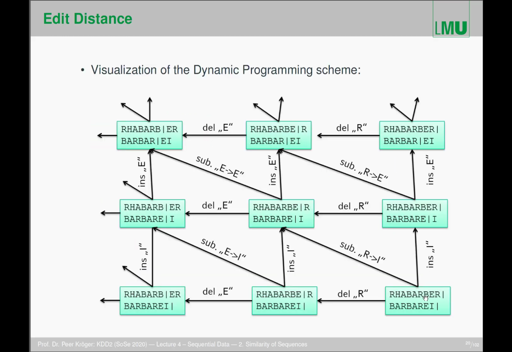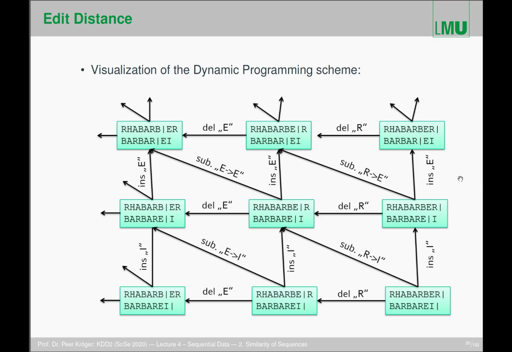So in that case, we go from nm in the matrix. Here is the Q sequence with n columns, and here is the S sequence with m rows. We go from nm, which is the right lower part here, and we will find a cost minimal path, applying these three possible transitions from here to 0,0, and this cost minimal path actually is the